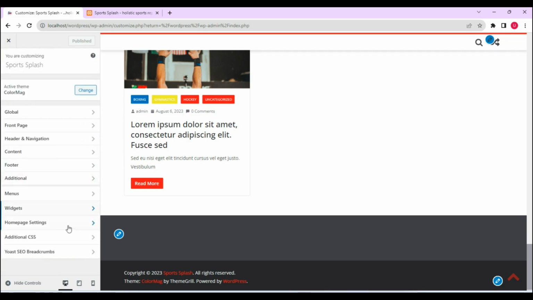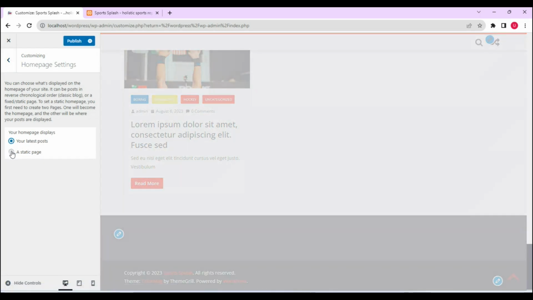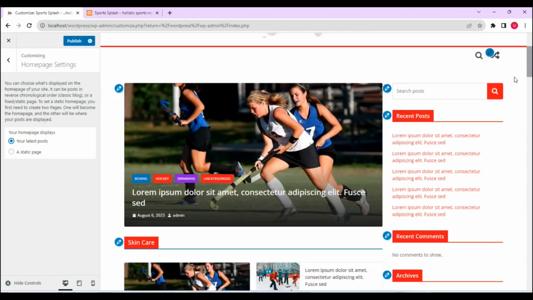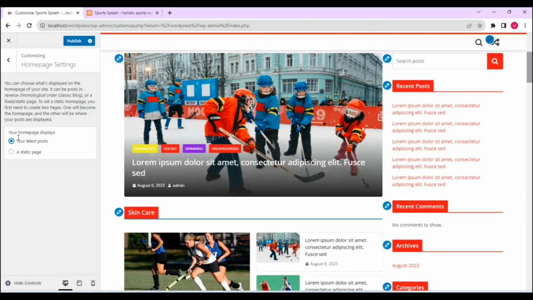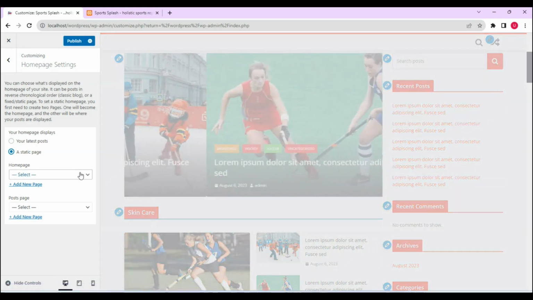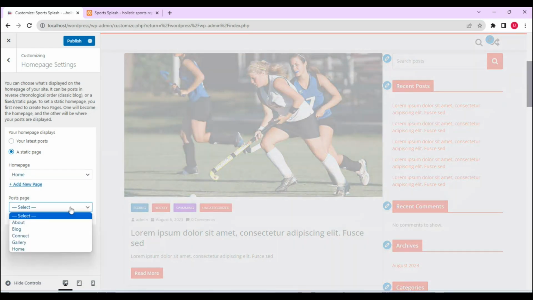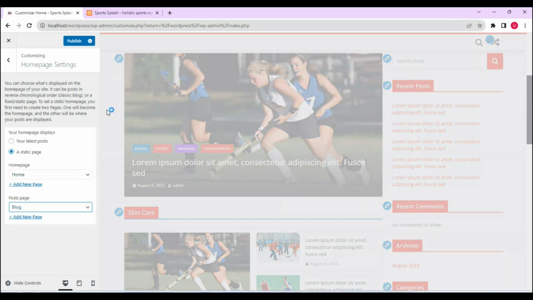So another one is the homepage setting. So you want to have a static page, okay, not your post. You want to have a static page so that your visitors can find their way back home. So if I leave it at latest post, this is how it will be. But if I leave it as static page, I will need to select a particular page, in this case home. Then I want all the posts to go to blog, so select blog page to that effect,